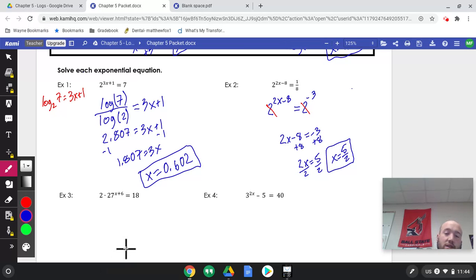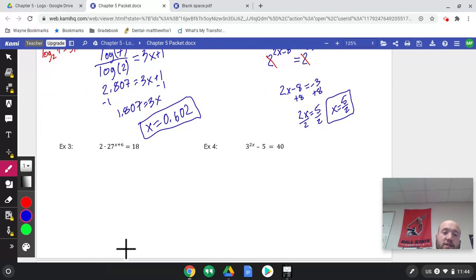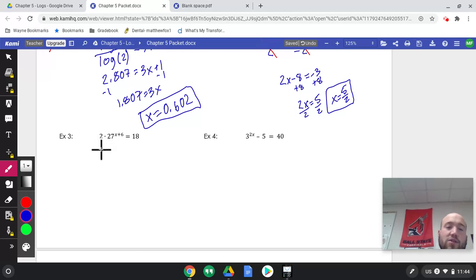Okay, so example 3 here. Now I've got some simple algebra. You'll see at the front, 2 times 27 to the x plus 6. Since there's multiplication here, we've got to do the opposite, which means we divide by 2. That'll cancel. Divide this by 2. I have 27 to the x plus 6